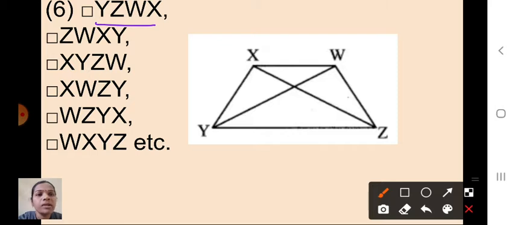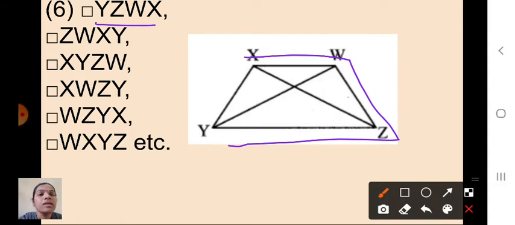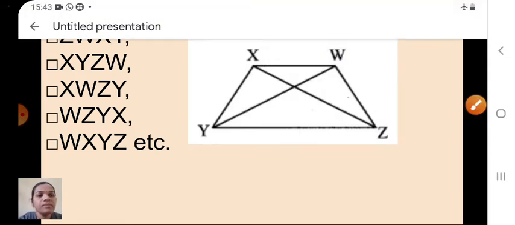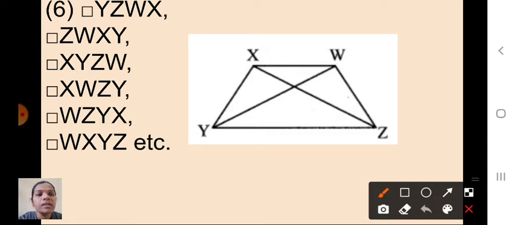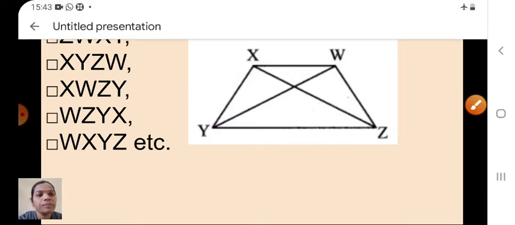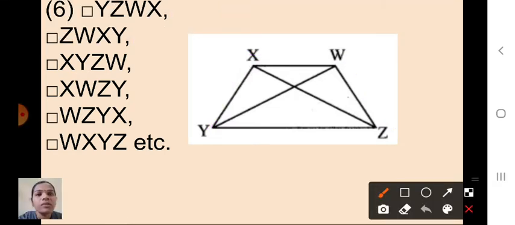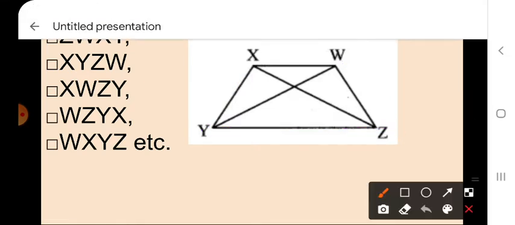YZWX, that means YZWX. Okay, the second one, what have I written? Yes, ZWXY. Understood children? The next one is what? The third one, we have to start from X. Yes, I will start from here. X, Y, Z, W. And the fourth one is